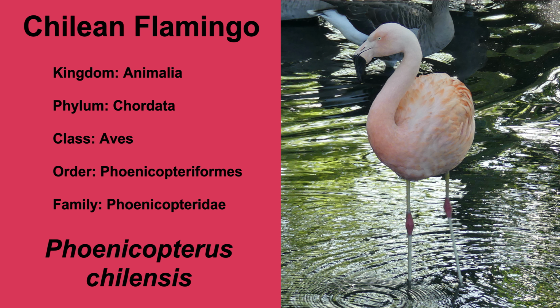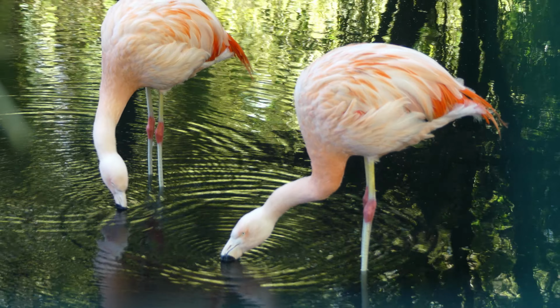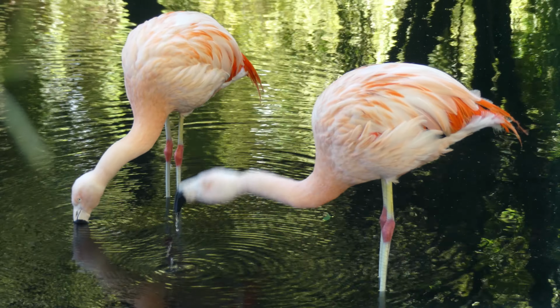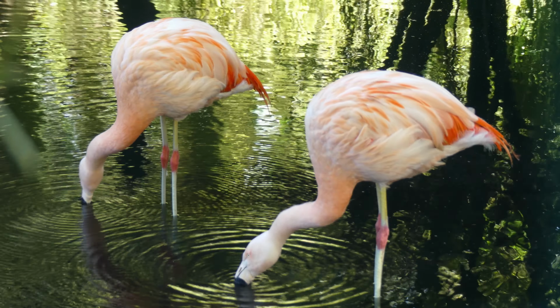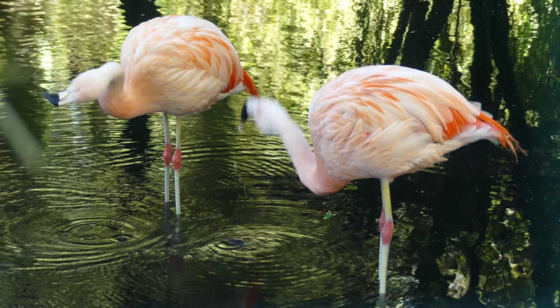Chilean flamingos inhabit muddy, shallow, alkaline and brackish lakes. Reaching heights of up to 130 centimetres, their conservation status is listed as near threatened. In the wild, these sociable birds can live in flocks of tens of thousands. The bill is black at the end and white at the head. It contains special comb-like filtering structures that allow the birds to collect food such as algae, crustaceans, insects and molluscs